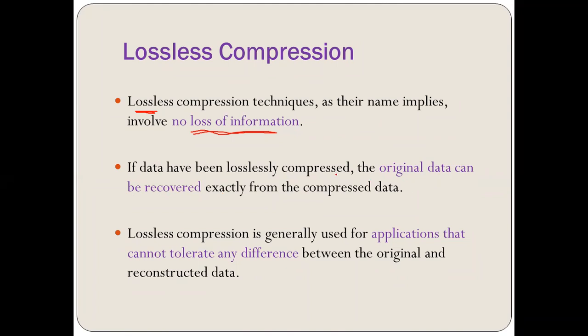So if there is no loss of information, that means the decompressed data we get is exactly the same as the original data, and we can get it from the compressed data because in the decompression process, we are taking the compressed data as the input and getting the output as the decompressed data. So here the original data is same as the decompressed data, right? Lossless compression is generally used for applications that cannot tolerate any difference between the original and reconstructed